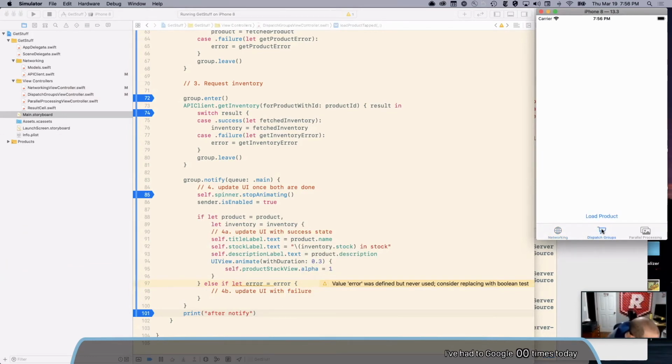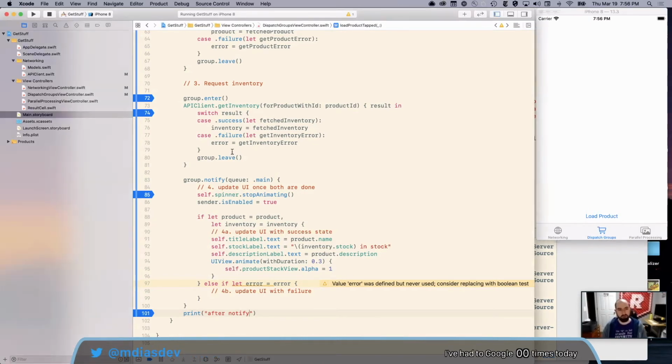It's called when both group.enter. So group.notify is called when both group.enter if it's successfully called group.leave. Yes, so they're basically in pairs. For every enter, you have to call leave. There's probably a documentation thing somewhere that says please call these in pairs. And if you don't, you've made a horrible mistake. Yeah, I've definitely spent some time tracking down that error where we've entered more than we've left, and I've also had it where we left more than we entered. It's been fun. Yeah, it's annoying.